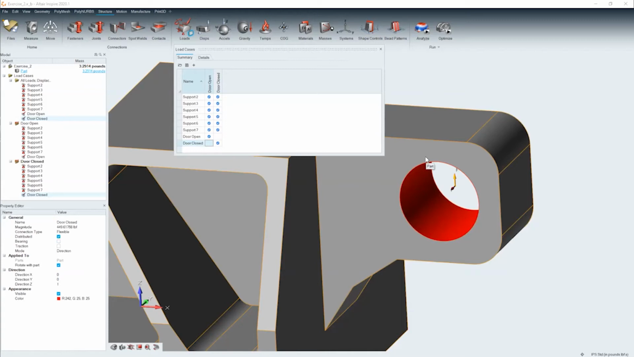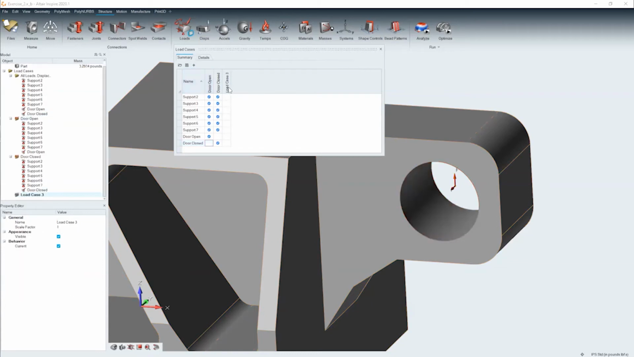So you need to figure out all of the different loading situations that your part or your assembly or your vehicle or whatever are going to experience. And then you put in all the loads and then you just piece them together in these nifty little load cases. Which means that coming up with a new scenario is simple. I just click plus. So we're going to call this one closed